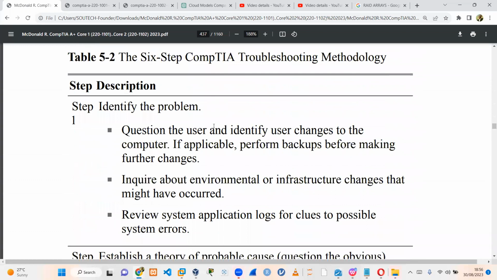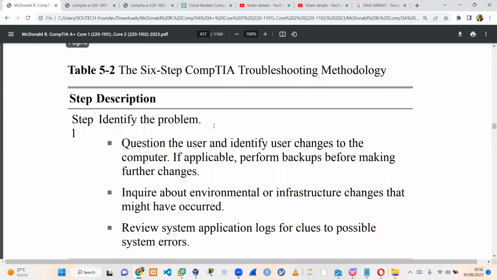Now, CompTIA has theirs, Cisco has theirs, right? If you study the Cisco material, they have theirs, but they're very similar. They're not too different from each other. Now, if you have a problem, what do you do? Question the user. Identify user changes. That's why, when somebody has an issue,